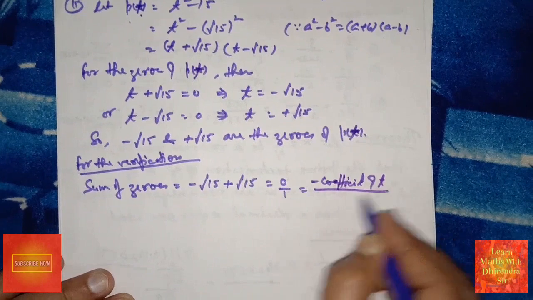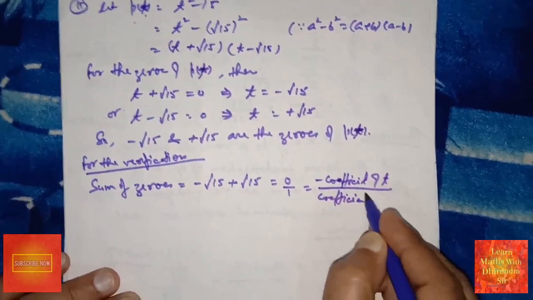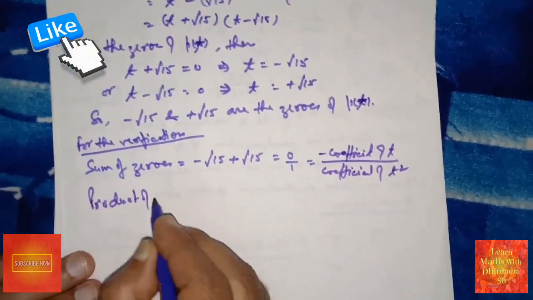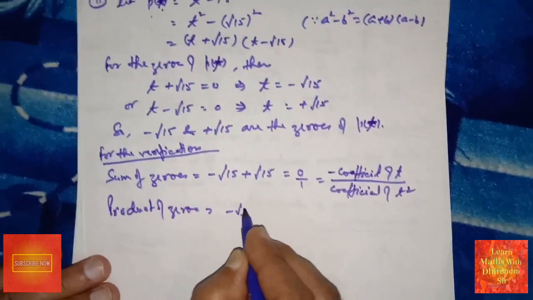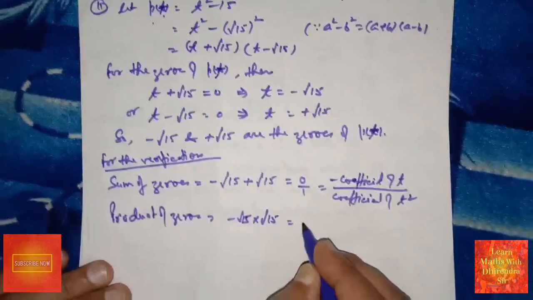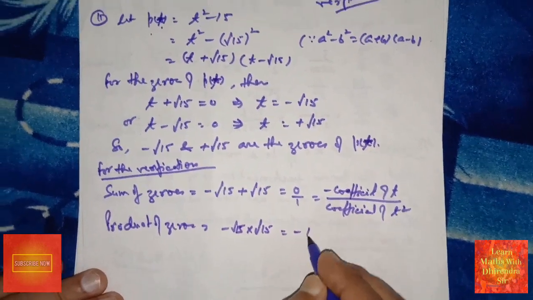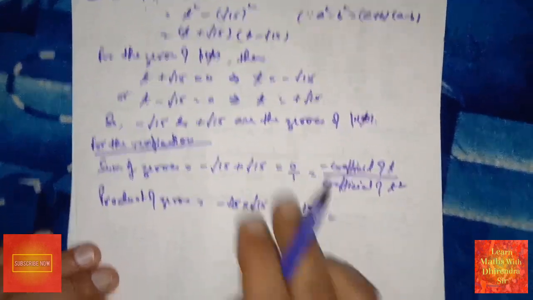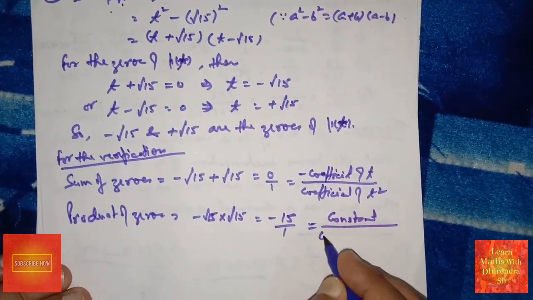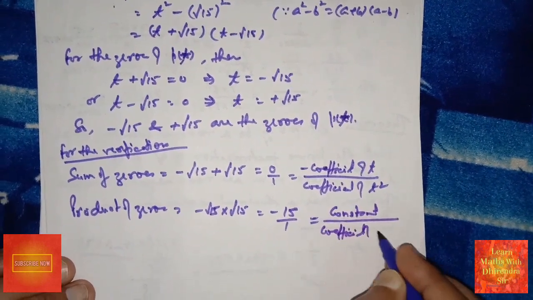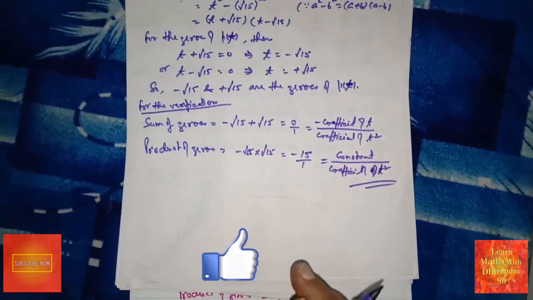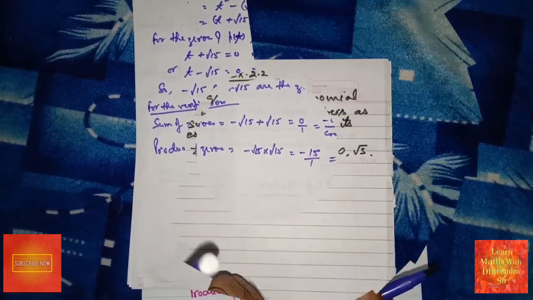कोफिशिएंट ऑफ t अपॉन कोफिशिएंट ऑफ t स्क्वायर एंड प्रोडक्ट ऑफ zeros minus root 15 into रूट 15 मल्टीप्लाई करोगे तो क्या हो जाएगा, प्लस माइनस का माइनस हो जाएगा, रूट 15 का 15/1। तो आप देखोगे -15 इसका कांस्टेंट टर्म है, दिख गया आपको, कांस्टेंट अपॉन कोफिशिएंट ऑफ t²। सिमिलरली इसी प्रकार से आप बचे हुए रेस्ट क्वेश्चन जो इसके हैं वो आप कर सकते हो।